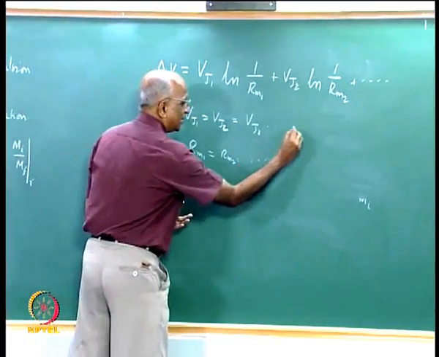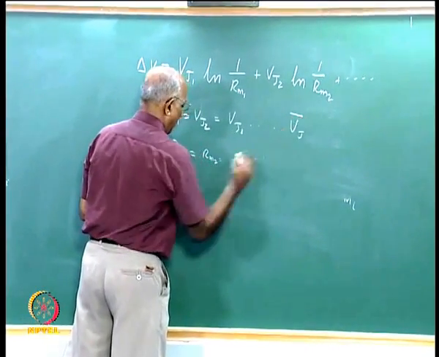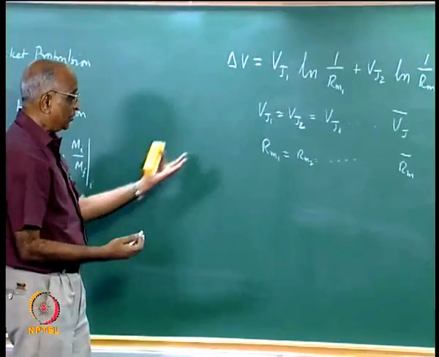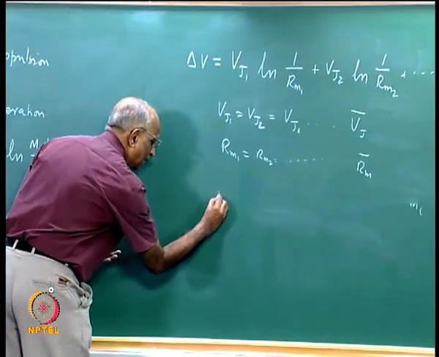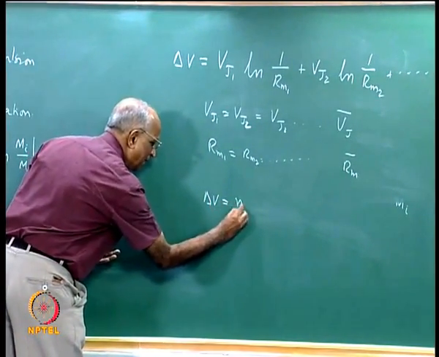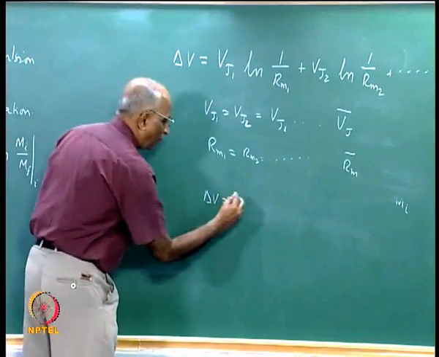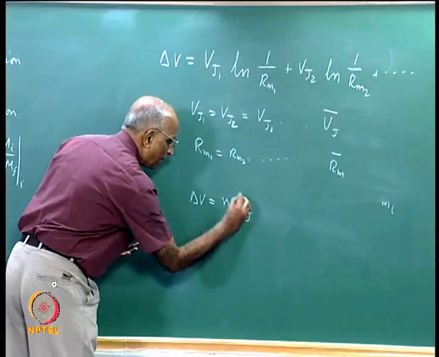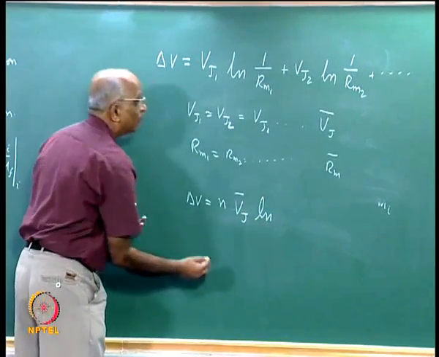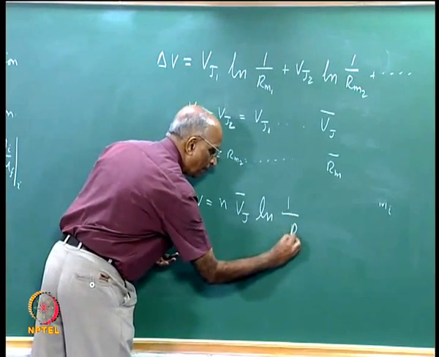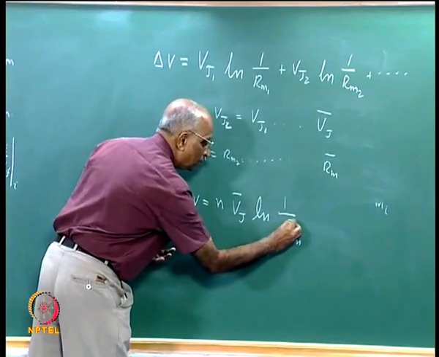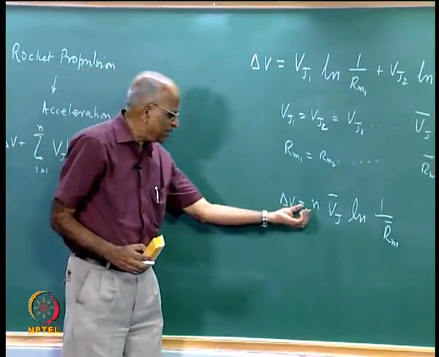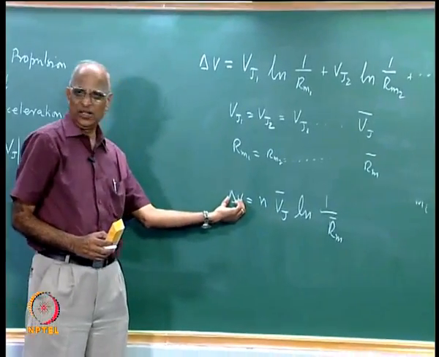I get delta V, where I say Vj is the mean jet velocity and Rm is the mean mass ratio, and all are the same, then delta V is equal to n times Vj ln of 1 over the mass ratio, right. That means by increasing the number of stages I am able to increase the delta V over here,